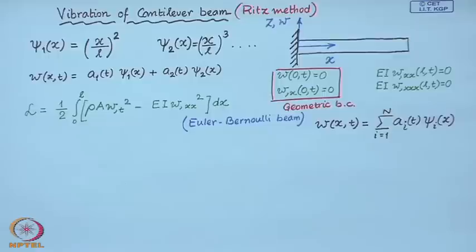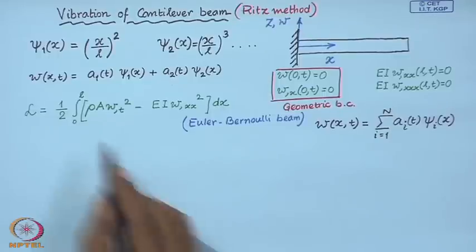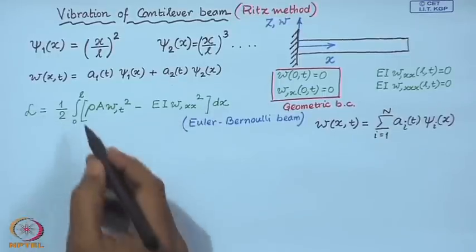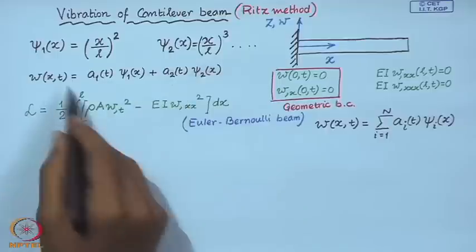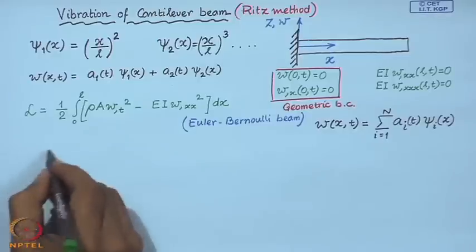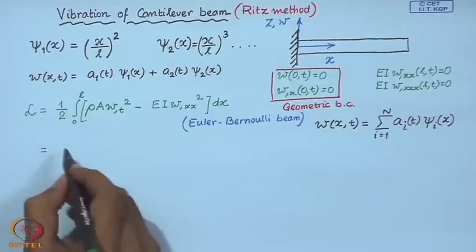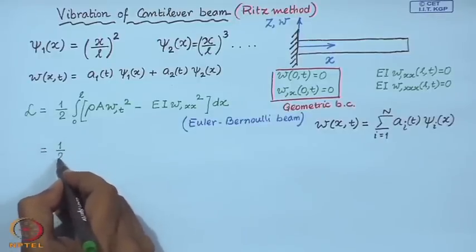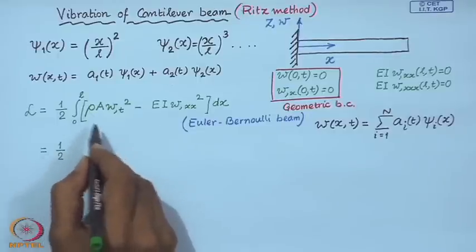So, let us consider an Euler-Bernoulli beam. The Lagrangian is given like this. Now, we substitute this expansion in here, and what we obtain, if you